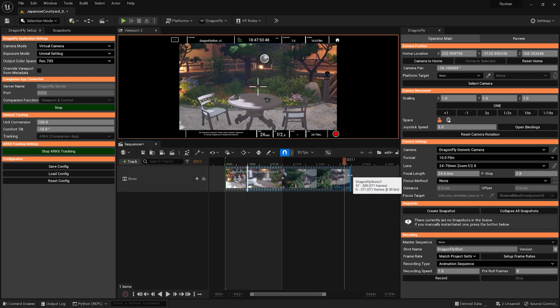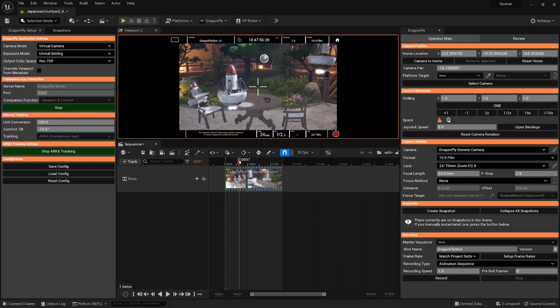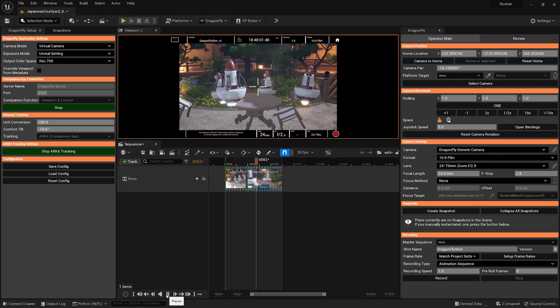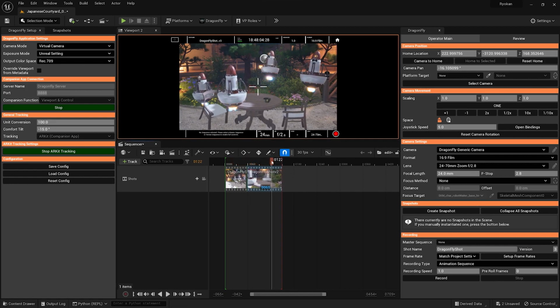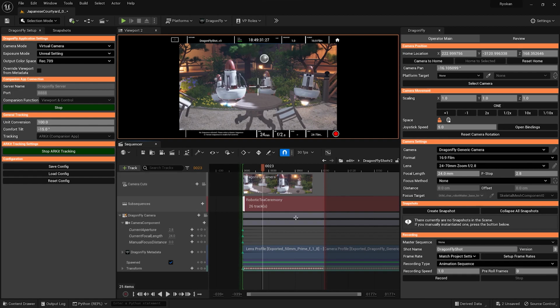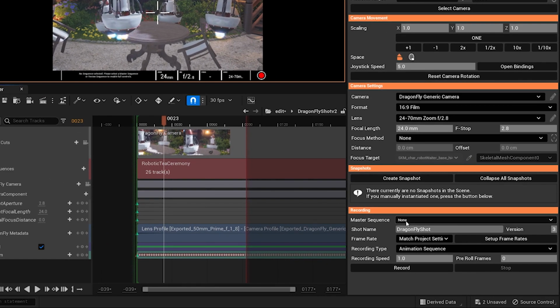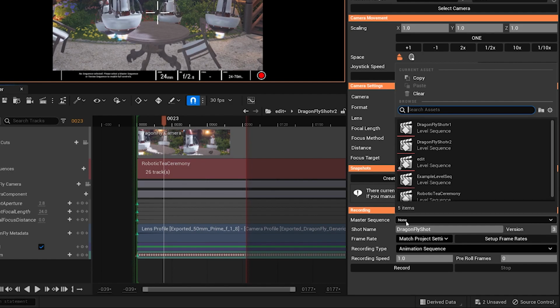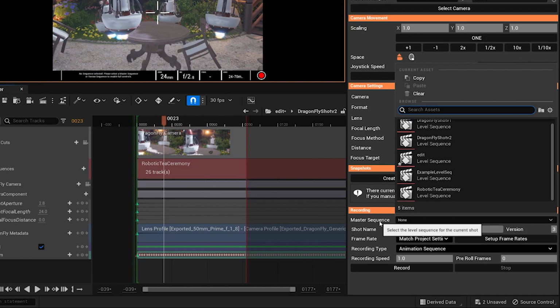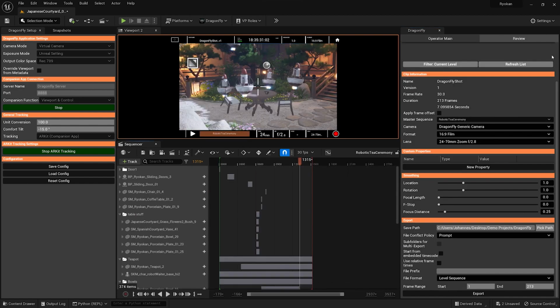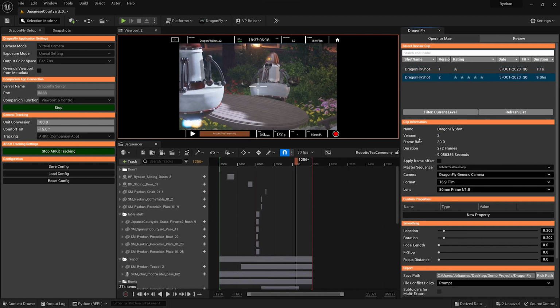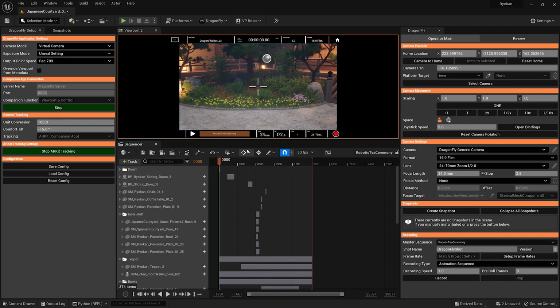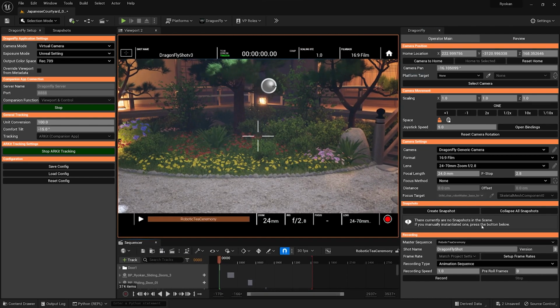So that's my first shot. Then here's my second shot, right? And as we play this back, you'll see how it correctly switches between the cameras there and how the animation keeps aligned. Keep in mind that when you're looking at level sequences like this, your master sequence gets unloaded in Dragonfly's operator main. So either go in and select your master sequence again before your next shot, or you can also go into review and select any previous shot that had the correct master sequence, and that'll also reselect it in operator main.